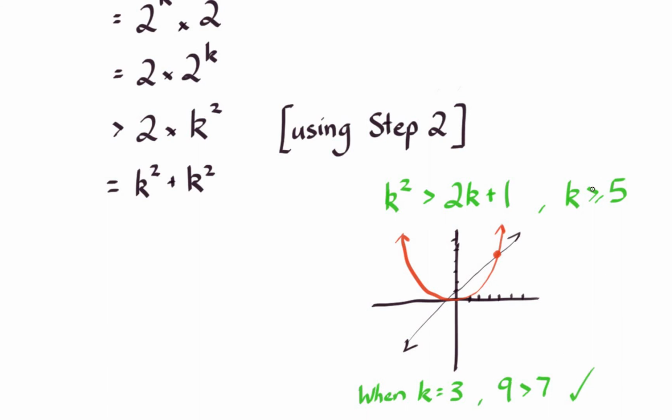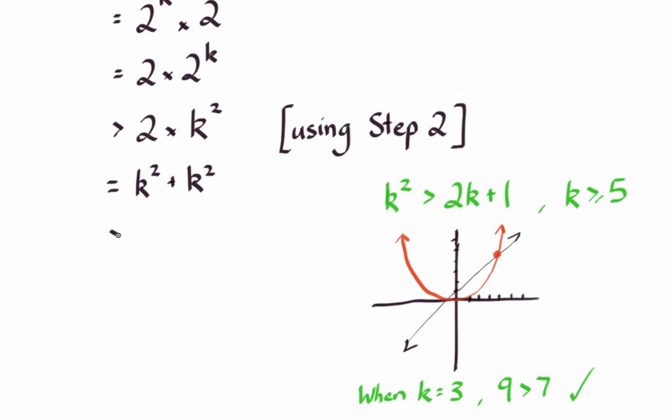So it's definitely going to be true for 5. Any value after 3, it's going to be true. This statement here. Okay, so k squared is greater than 2k plus 1 when you consider all the values of k greater than or equal to 5, which means we can come back